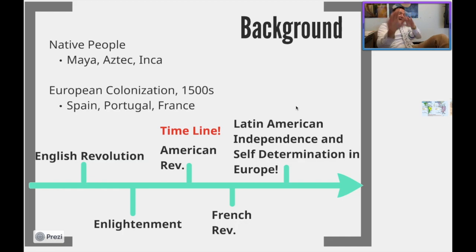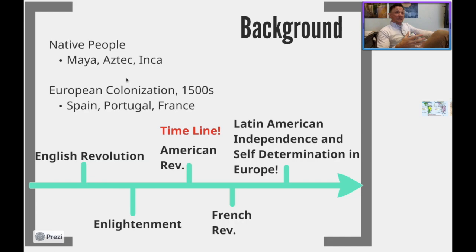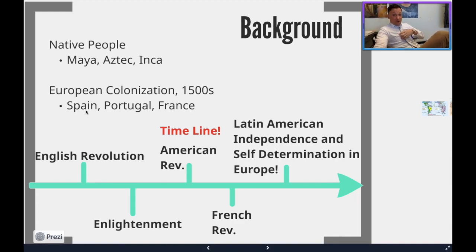The last time in Western civilizations class that we have actually discussed the growth of South America or the actions of anything going on in South and Central America was when the Spanish were beginning to colonize this area, right? We were talking about how, literally in South America, the conquests of the Maya, the Aztec, and the Inca, the large-scale Native American civilizations that existed there that were actually wildly sophisticated, were disgustingly and violently taken over by the Spanish conquistadors, right? We talked about the effects of disease. We talked about the Columbian exchange, right? And we talked about how the colonizers were mostly Spain, Portugal, and France in these areas, right?